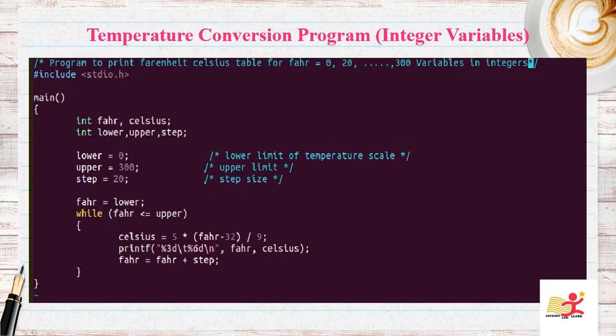Let's see in detail the temperature conversion program. It introduces several new ideas including comments, declarations, variables, arithmetic expressions, loops, and formatted output. The first two lines, that is /* program to print Fahrenheit Celsius table for fahr equal to 0, 20, etc. up to 300 */. This is called a comment, and in this case it explains what the program does. Anything written between /* and */ is ignored by the compiler, and you can use it anywhere to make the